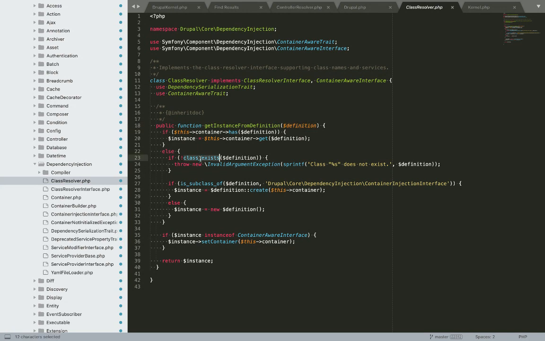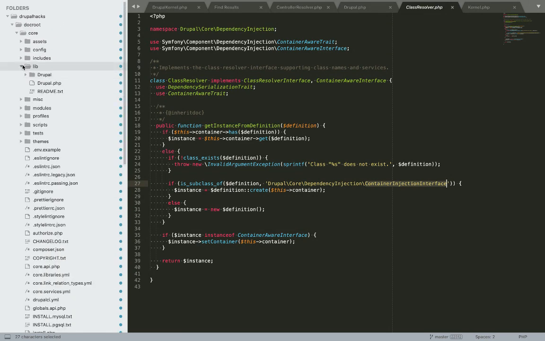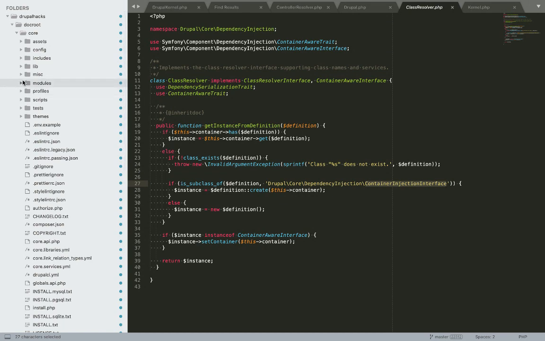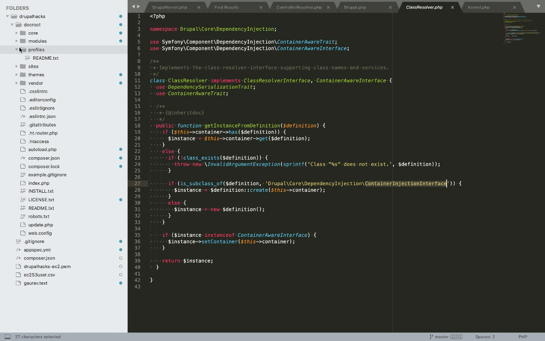This function uses PHP's built-in function to check whether the class exists, and if the class exists, the processing goes to this if statement and checks whether our controller or class is a subclass of this container injection interface, which is what we use when implementing dependency injection to pass our dependencies.